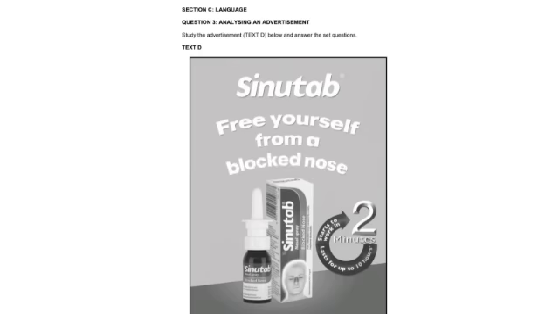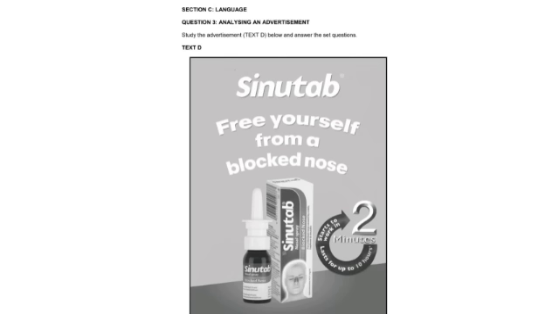Then in section C, you are going to look at the questions on language. In language, the first thing you're going to look at is analyzing an advertisement. Here, they have an advertisement for SANELANE tab. The things you have to pay attention to are the text on the advert and the visual aid. When you're answering a question on an advert, it's called analyzing an advert, so you have to analyze literally every aspect of it: the slogan, the taglines, the logo,